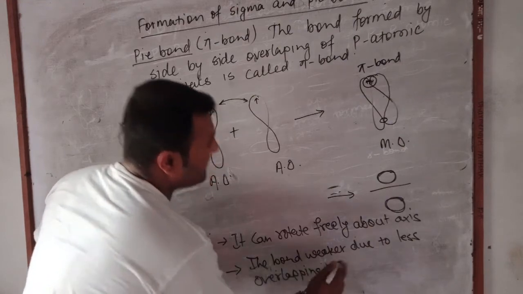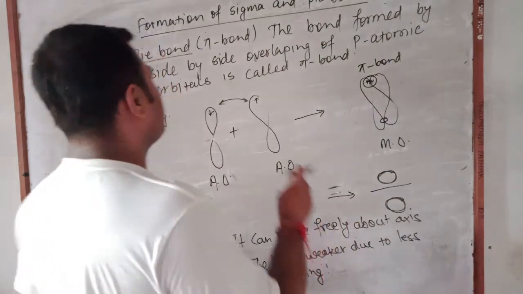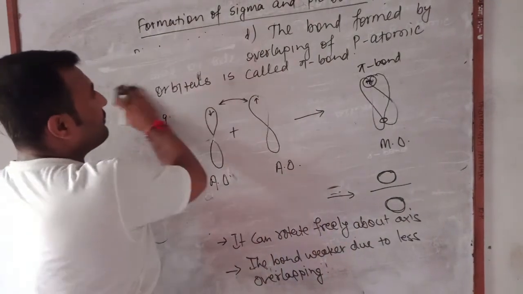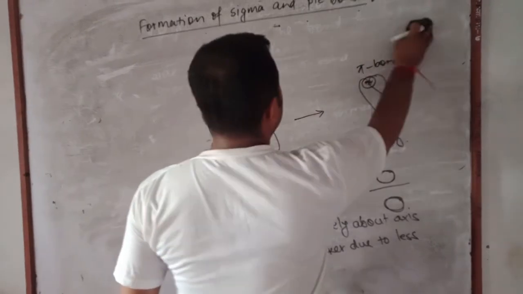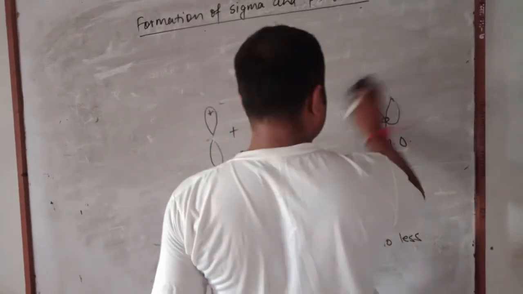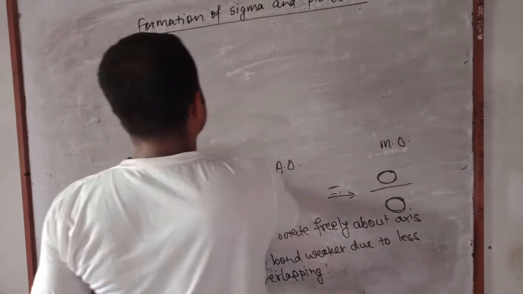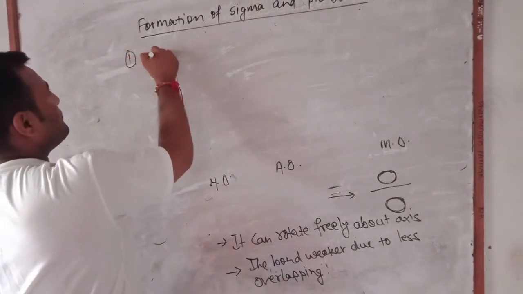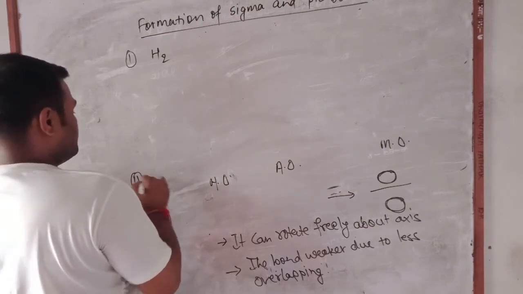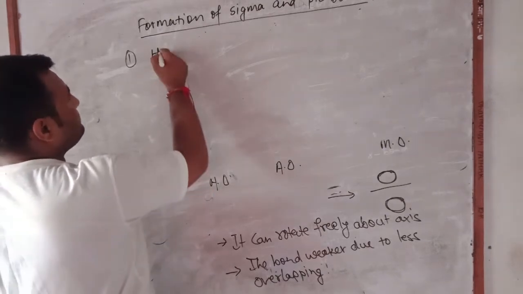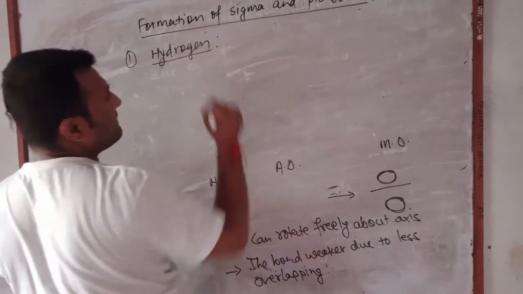And in this way we can differentiate between sigma bond and pi bond also. After that we discuss how sigma bond and pi bond formation takes place in some molecules. As for example, here we consider some examples like the hydrogen molecule, the oxygen molecule, or in hydrogen, as we already discussed, here